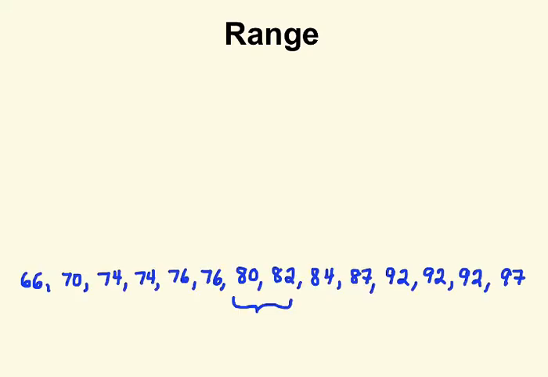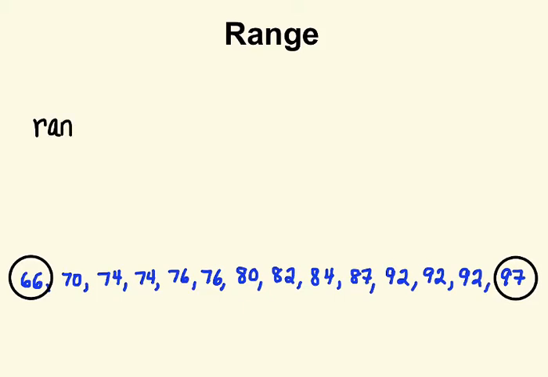And let's paste this set of data right there at the bottom. If we look at this data, what we're going to see is that we have a largest data value, which is our max, is 97, and our smallest data value, which is our min, is 66. So if we want to calculate the range of our set of data,